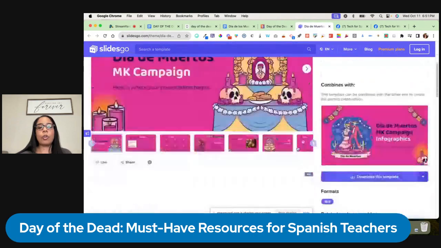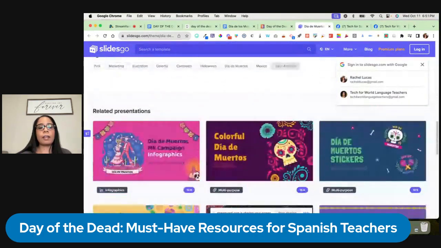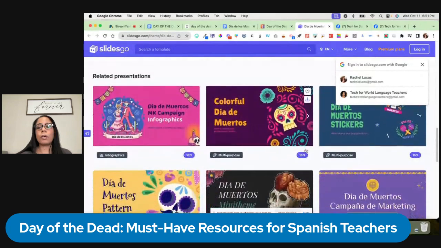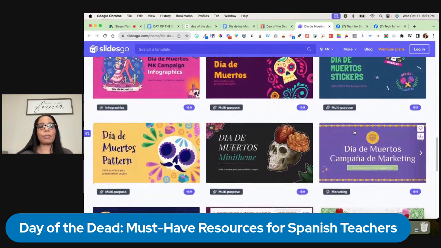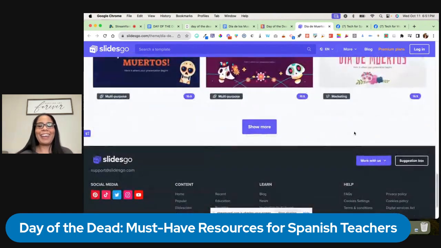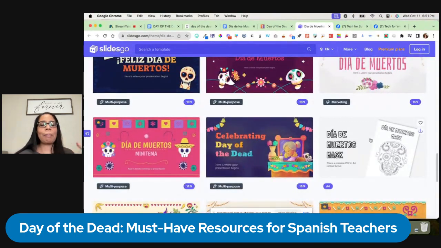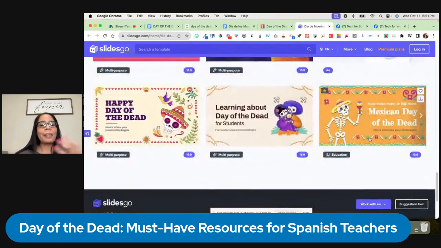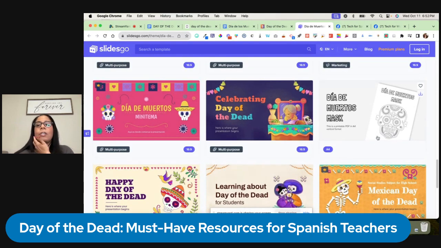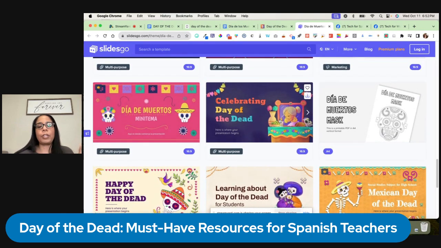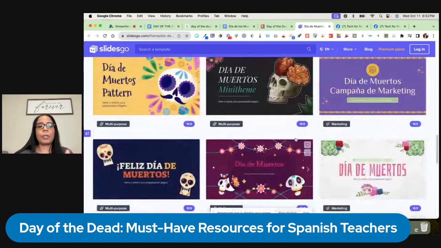And look at this. There's so many beautiful templates from Slides. This is Slides Go. Look at all of these right here. I mean, the hardest part for me was picking a presentation. It was like, which template do I pick? They're so awesome. And this is paid, they have free stuff you can download, or you can pay. But it gives you like one or two free downloads. And so I downloaded this and it was free, so I have this one.